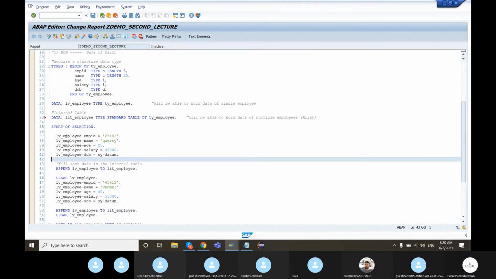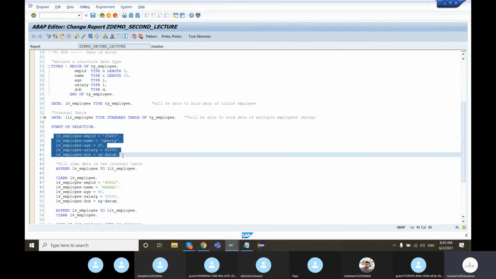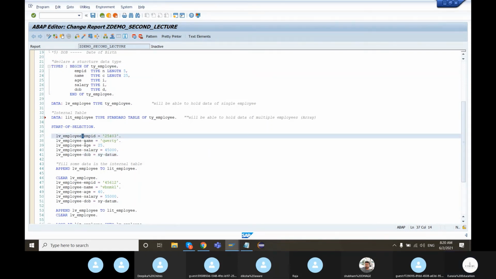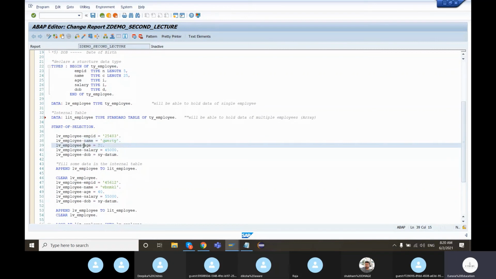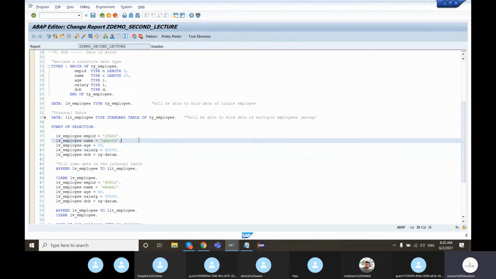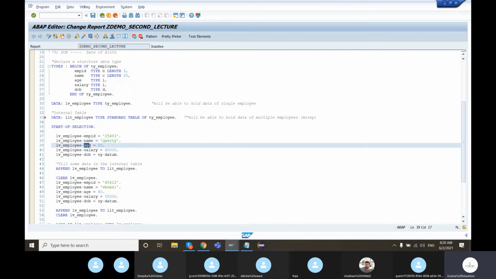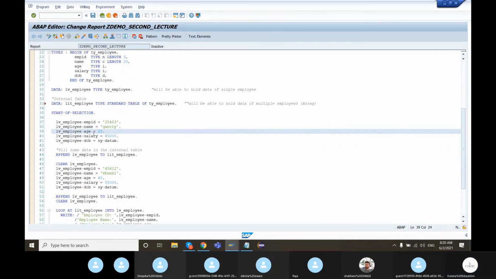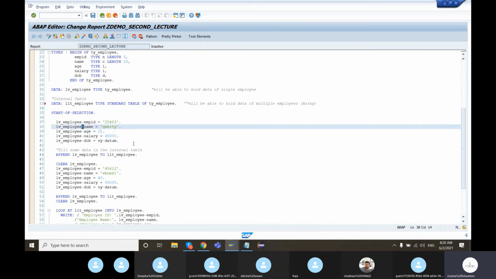We also saw how to fill in the data in a structured variable. Remember this operator, we call it hyphen, or sometimes also called the member selection operator. Member in the sense structure member. So age is a member of the structure variable LV employee. That way it is to be read.